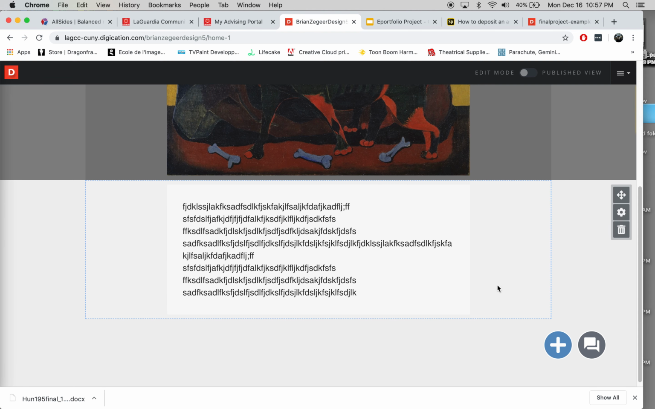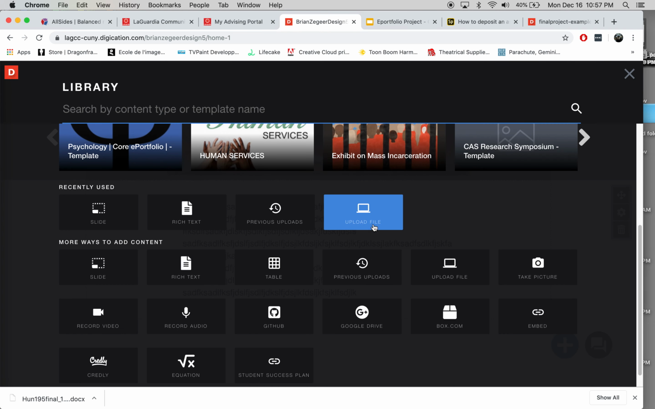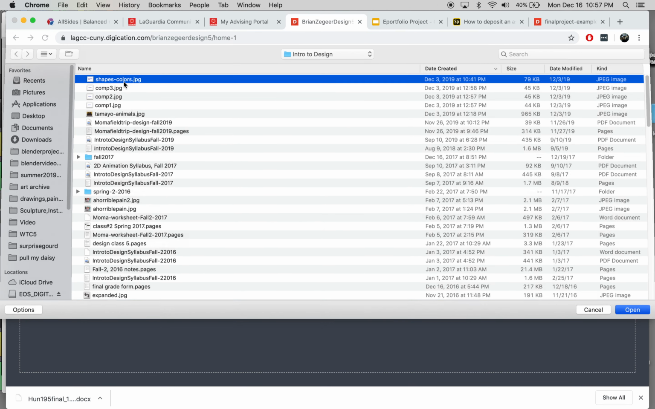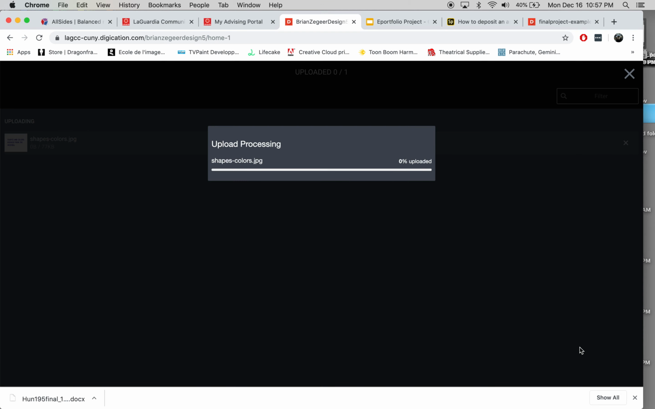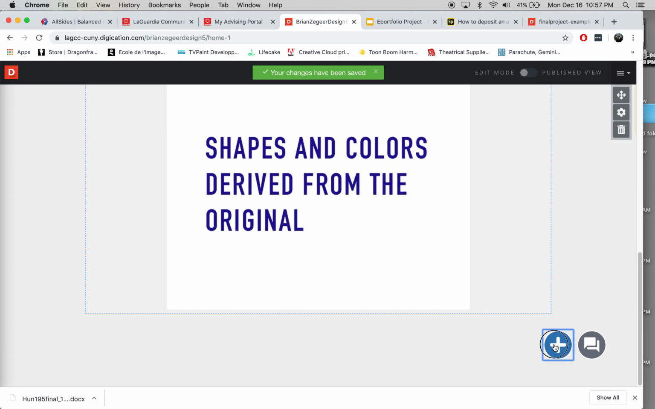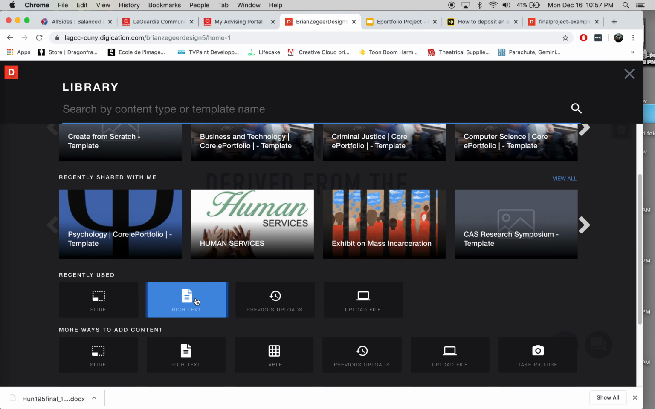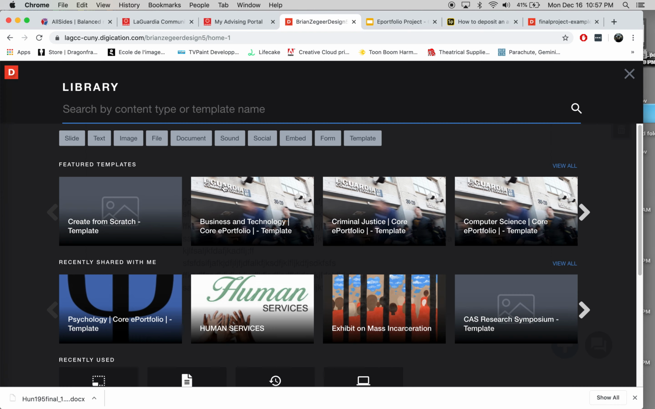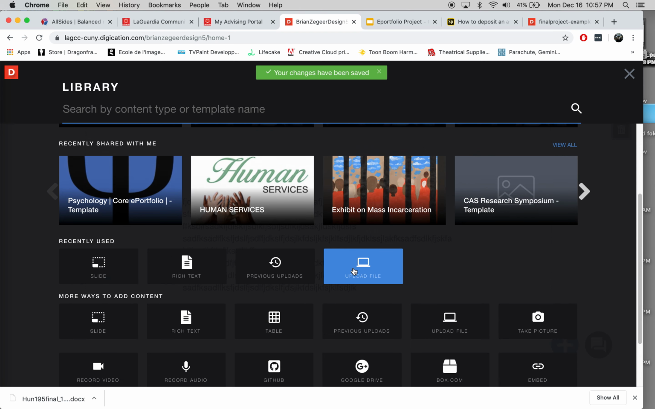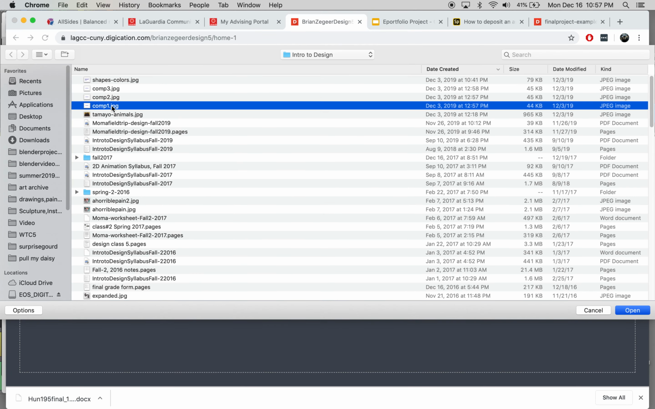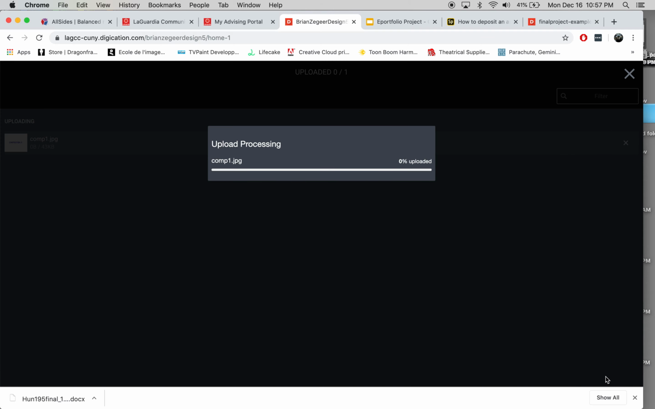And now if I want to add more slides, I just go down here and click. And now I add another photo. This time it'll be the shapes and colors. I don't necessarily need a photo for this section. I can just add the text. My text. Again, upload. Composition 1. And